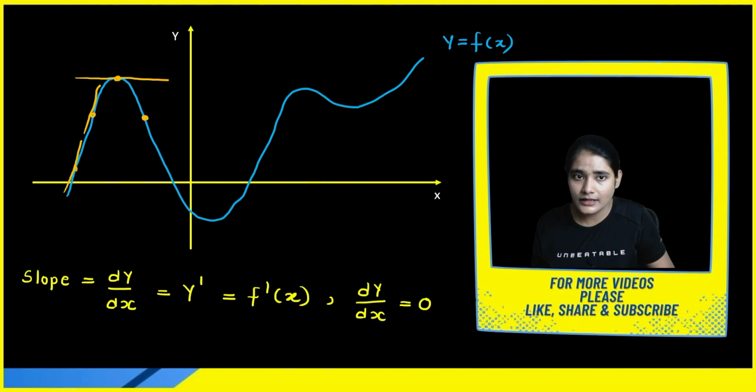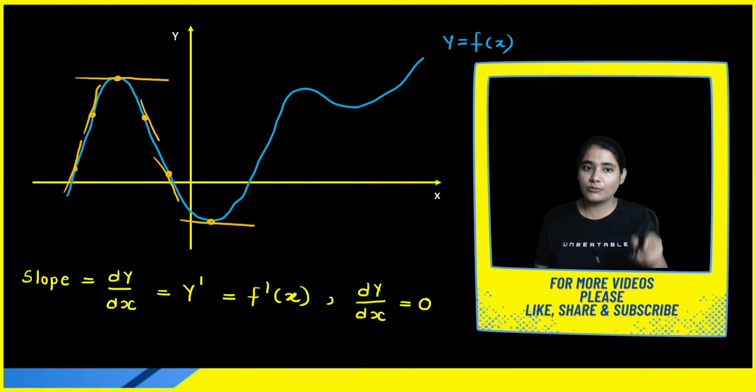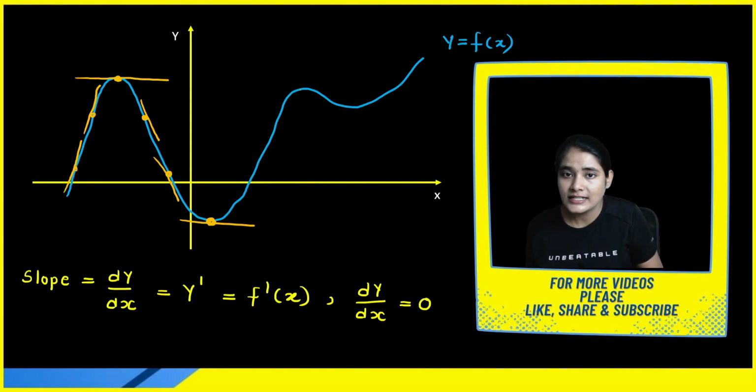Again, try to understand. If you are going to draw a tangent at this point, your tangent will be like this. If you are going to draw a tangent somewhere here, your tangent will be like this. If you are going to draw a tangent here, your tangent will be like this. It means at every point your slope is continuously changing, and at this point your tangent will become horizontal. At this point again you are getting a horizontal tangent. Similarly, if you draw the tangent somewhere here, you will get a horizontal tangent, and again somewhere here also you will get a horizontal tangent.